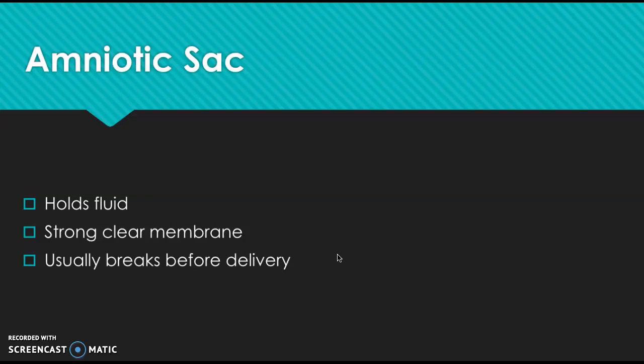Now the fluid is held in an amniotic sac. This is a super strong, clear membrane. All right, usually it breaks before delivery, either from the pressure of the baby's head pushing down, or the doctor will reach up there with a little hook. It looks like a crochet hook, honestly, and they'll break it because that stimulates labor to begin. So most of the time it's broken. There are a few cases where babies are born completely in the sac,